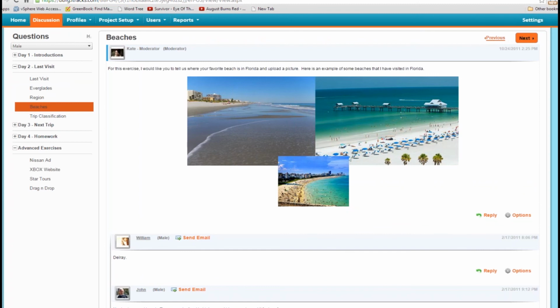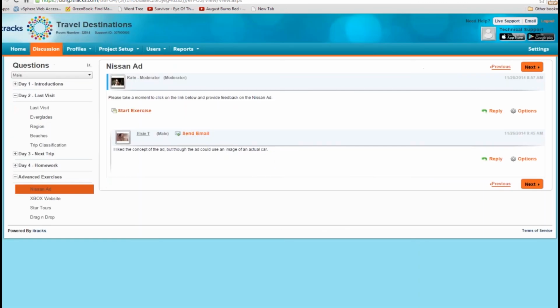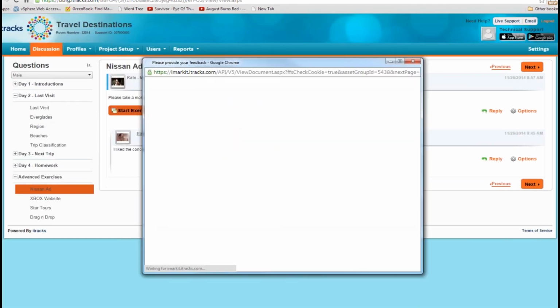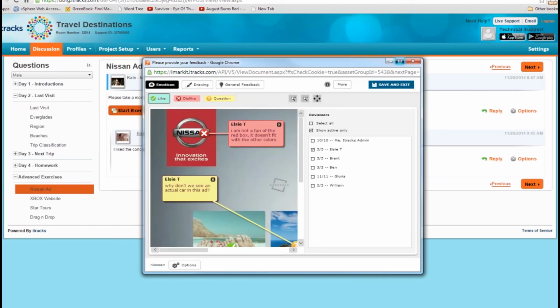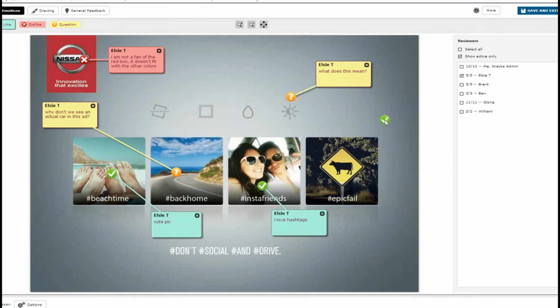Scrolling down to day 4, we also have some advanced capabilities that are available within the platform. So I'm just going to go into a Nissan ad and hit the Start Exercise button. This is kind of a neat example as we can actually see a series of responses here, again from the moderator's perspective from Elsie. And so my respondents have been marking up this particular concept, and from the moderator and